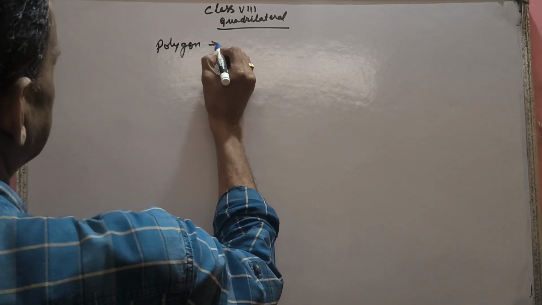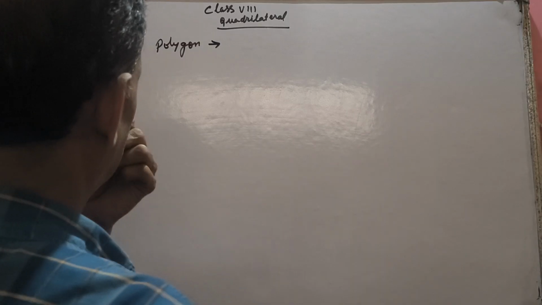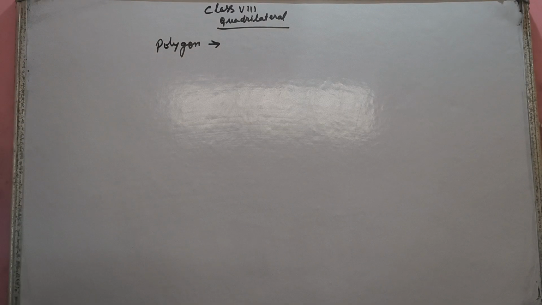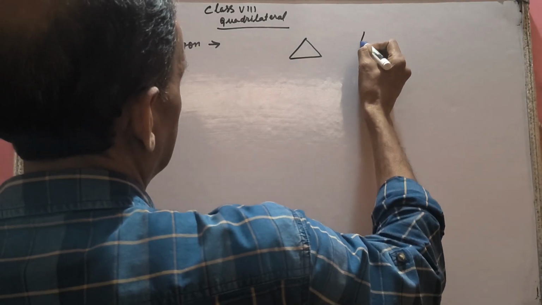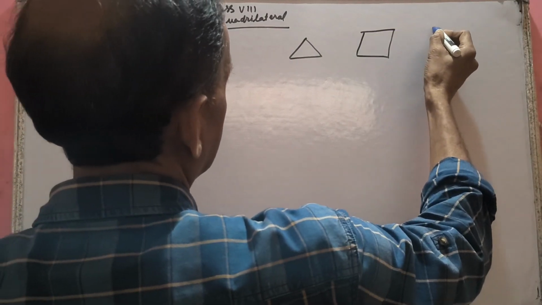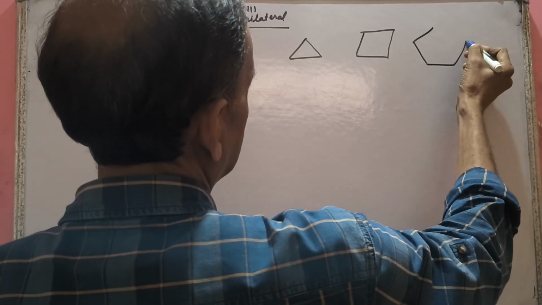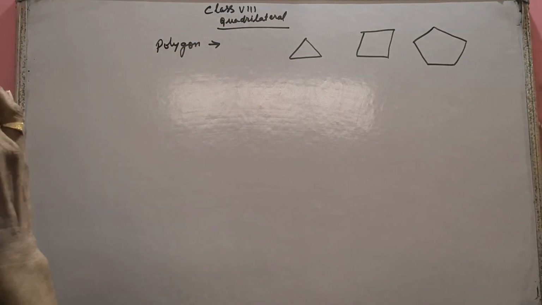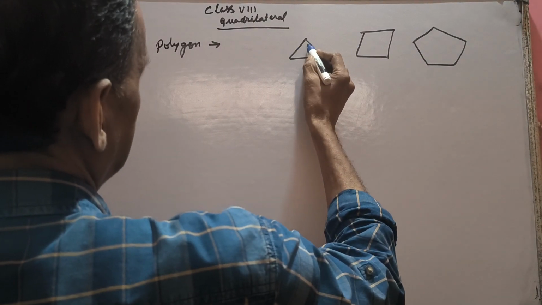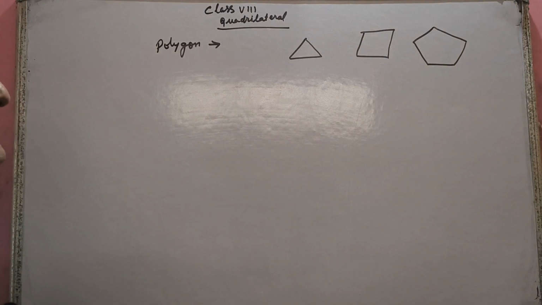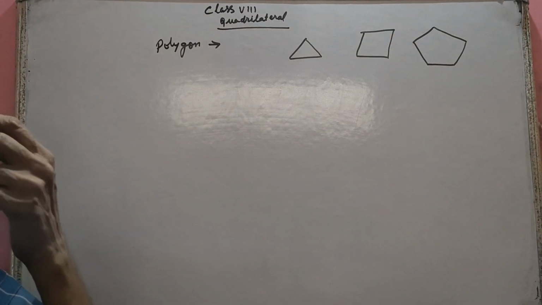Polygon. The meaning is itself clear: having more than three sides. A polygon is a geometrical figure made up of line segments. The geometrical figures made up of line segments are called polygons. A figure made up of three line segments is a triangle, four line segments is a quadrilateral, and